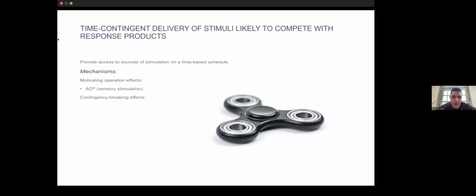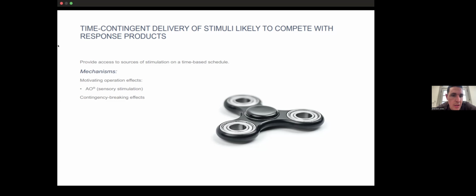This one is very nice too. I like this because it's more of a sensory stimulation thing, providing access to a source of stimulation on a time-based schedule. I have a client now who loves spinning a straw in his chair, and he's been doing this for a long time. And I noticed without that, he becomes very anxious and will resort to either ripping or sometimes breaking things. And that could abolish sensory stimulation in a more maladaptive way, which kind of decreases it as being effective.